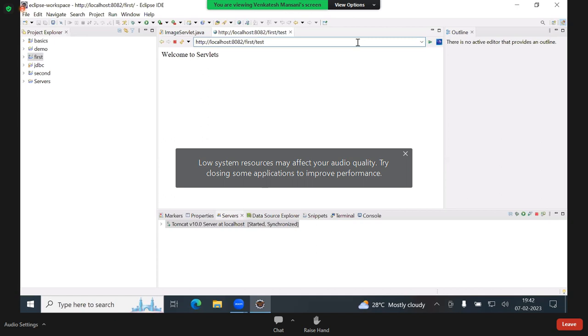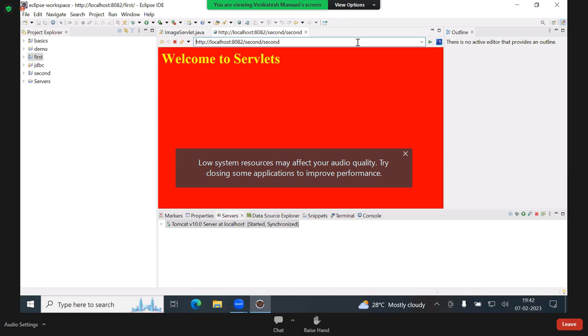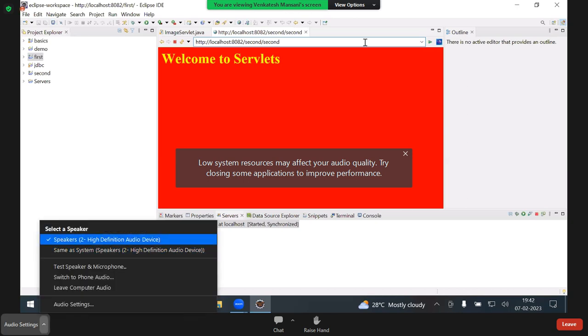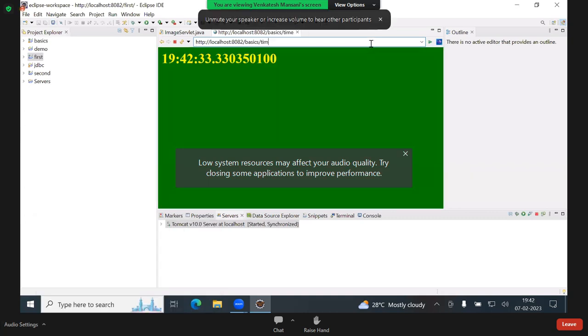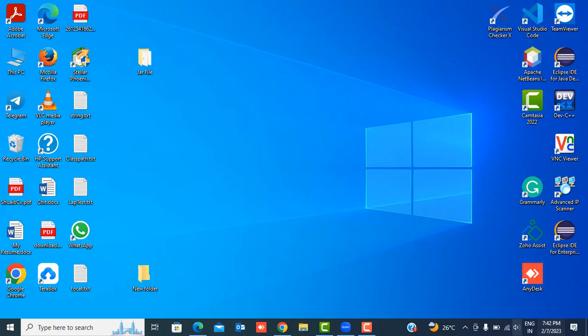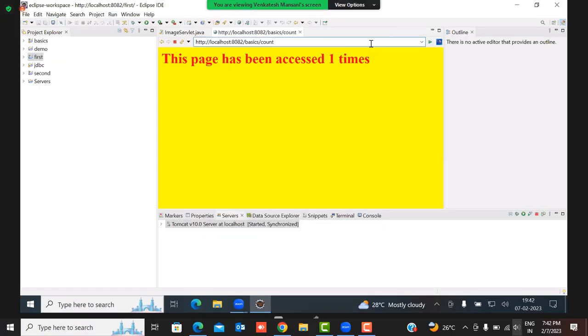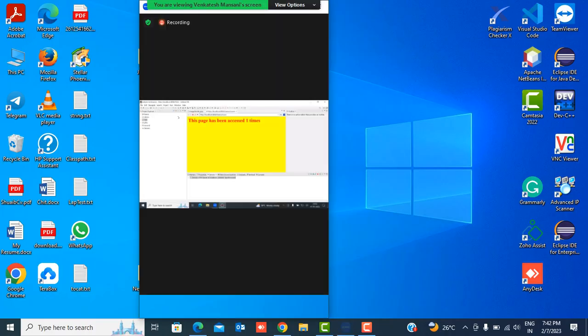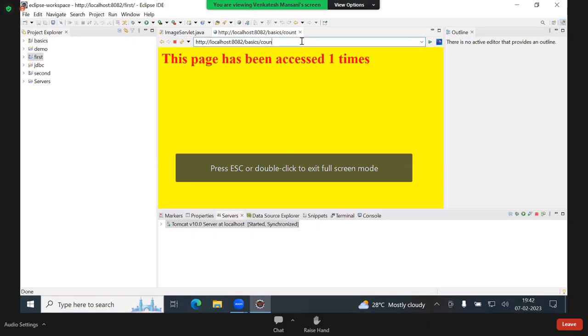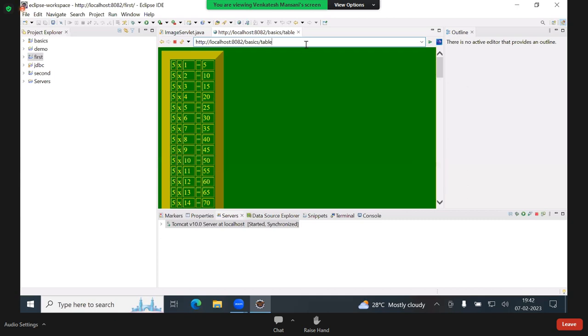Second program is also already deployed, you can run second/second. Okay. Next, the time program I gave, basics/time program. After that I gave count, basics/count. Again it started with 1. After that again I gave table. Okay, I gave table, table program. Okay. After that I gave image,